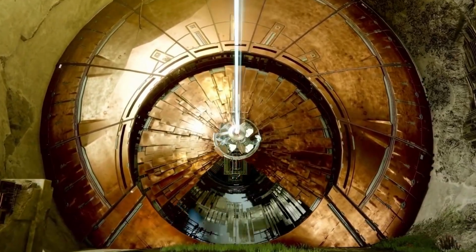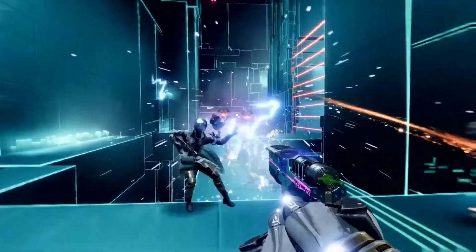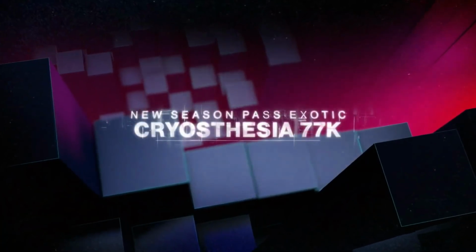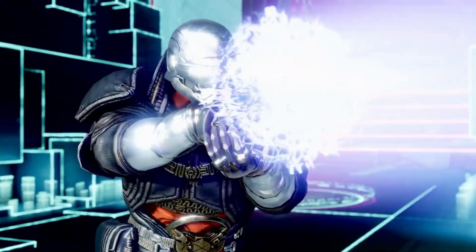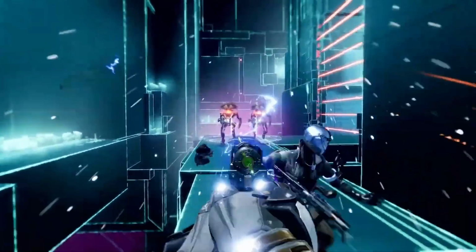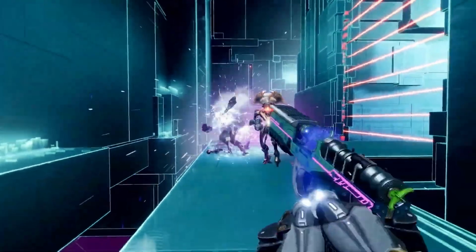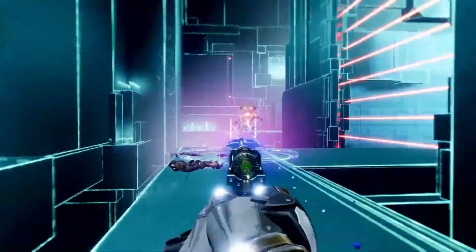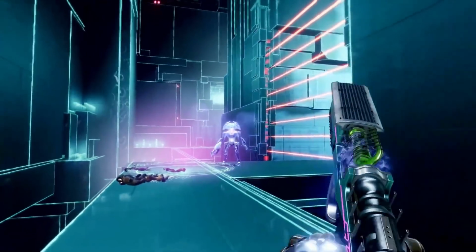Moving on from there, we have a brand new exotic weapon announced. It's the Season's Pass exotic, and this will be free to all players, and this is the Cryothesia 77K. It's a sidearm that, as you can see, is a stasis weapon. So it looks like you can just use it normally, and it operates like a normal legendary sidearm almost, and then after a special reload, it looks like,